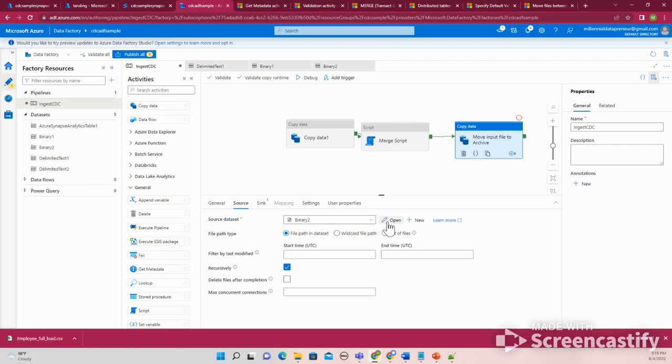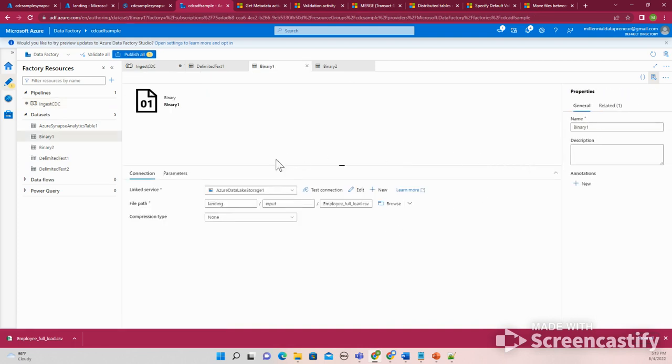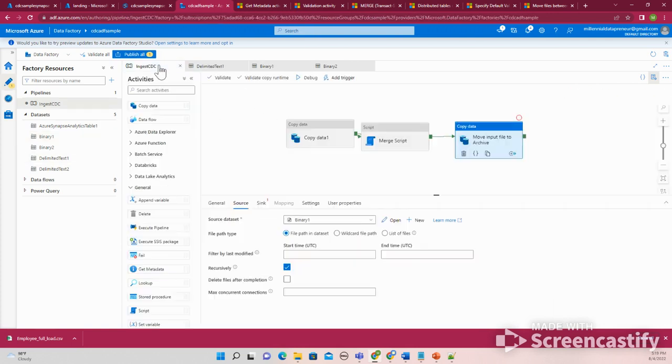Let's see. Binary 1, I think. Again, these names you should probably do properly. And also this should be parameterized actually. That's another thing that we need to do for this pipeline because